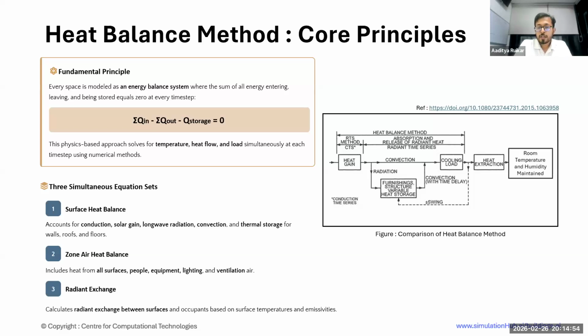These equations are solved numerically at each time step, often hourly or sub-hourly, maybe 10 or 15 minute sub-intervals, to determine how much heating and cooling is required to keep the zone at its set point and humidity. Because it models the physics so completely, ASHRAE identified it as the gold standard in its Fundamentals handbook. That is the main principle. There are other methods available, but this is the most effective method you can look for.